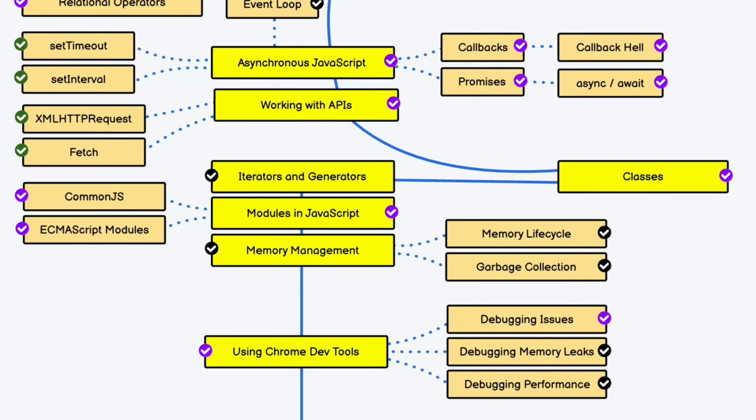Now we have the 18th one, which is memory management. So sometimes what will happen is that you fetch information, and you have to use that information in such a way that it can stay in the memory, and you can reutilize that entire data in your entire application. So you have to know what memory management is and how you can do that. Memory management is divided into two different categories. We have memory life cycles, that is, how long the life cycle of the data is going to be in the component and in the programming language. And on the other hand, we have garbage collection. So what is garbage collection, you have to know that as well.